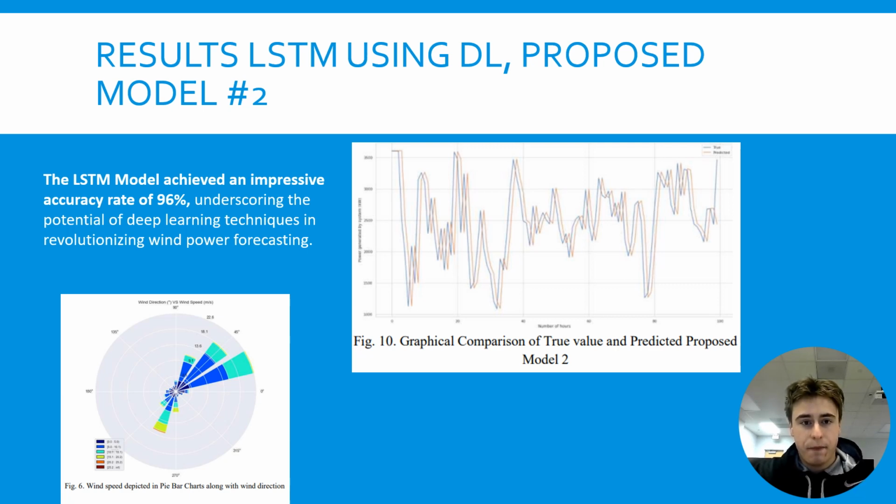It shows that the model is really learning, and the results were very impressive. It showed an impressive accuracy of 96%. These outcomes not only highlight the effectiveness of AI in enhancing wind power predictability, but can also be applied as long as we keep the complexity low. So this is showing very good progress.